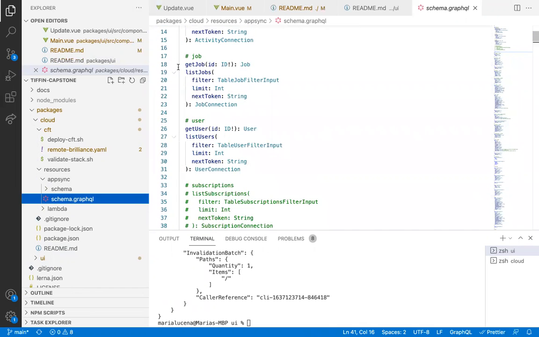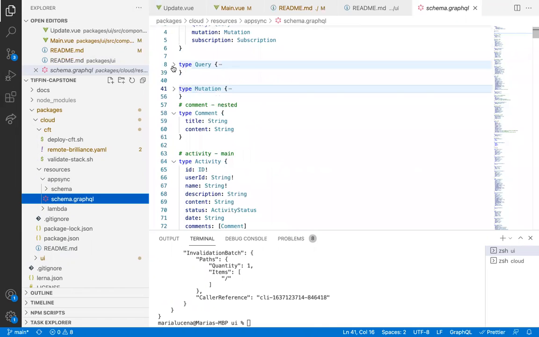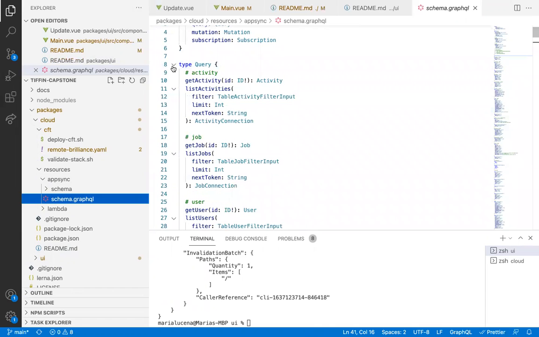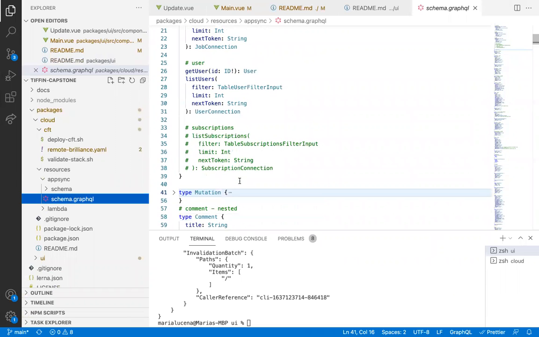When you write your queries, these are the ones that are fetching data. So you're fetching by ID or you're fetching by filters. This is strongly typed. You do have to define what's in the filters, what's in the user input object, and so on.